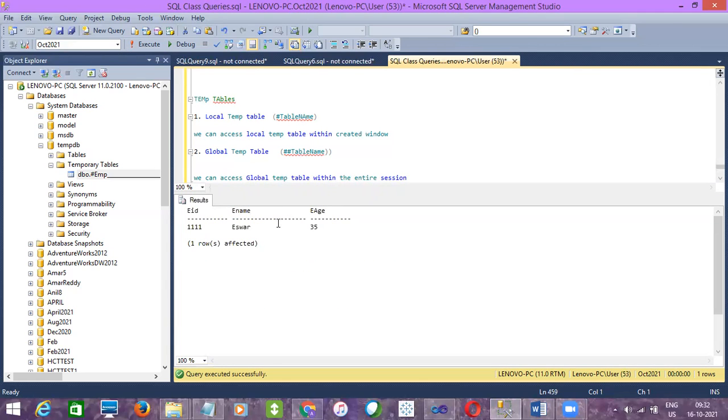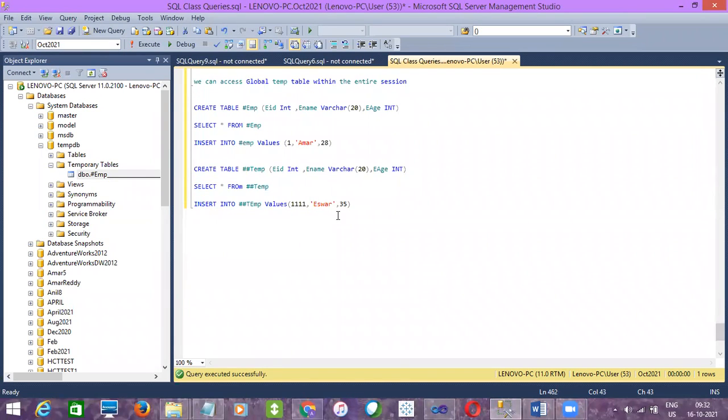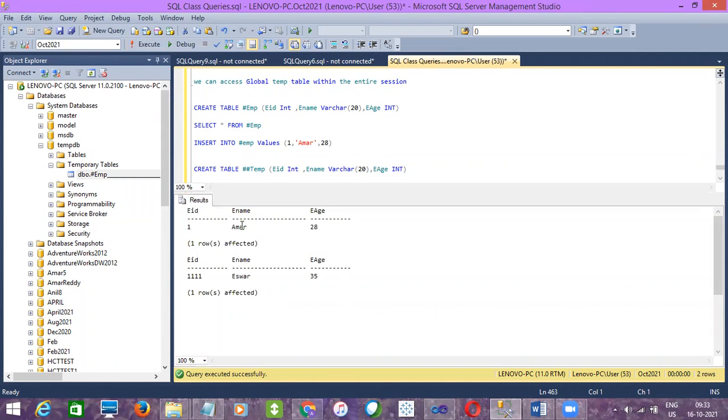A global temp table is designated with double hash, whereas the local temp table is single hash, right? So now I have created two tables, which are hash emp and double hash temp. I can access both the tables within the created window. If I highlight both the queries and execute, I can see both tables' result sets.